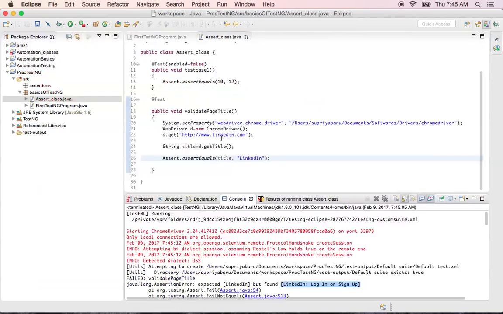This way, using assertions, it will help us to validate what is expected versus what is actual, and makes our life very easy. So you can write 10 test cases in one program and skip whatever you want. And by setting enabled is equal to false, you can skip whatever test case you don't want to run, and run only that part of test cases which you really want to run. So there are a number of assertions other than these. So assert equals is a basic one. In coming classes we'll learn more about assert not equals, assert boolean, etc. So until then, keep practicing this, launching the URL, and verifying the page title. We'll get back to you soon on other assertions as well.